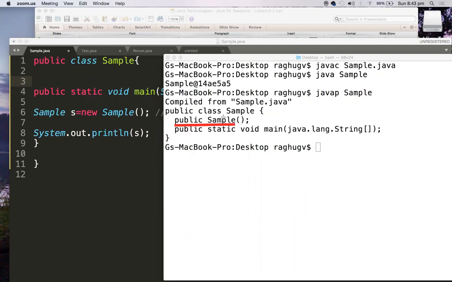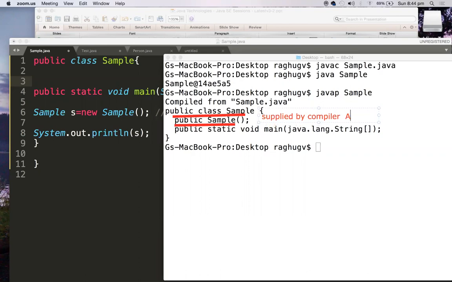And Sample is the same as the class name. Does the Sample constructor have any return type? No. So you don't find any void, int, double, etc., right? Just public Sample. A constructor is written without a return type, but it can have some modifiers applicable. All visibility modifiers can be applicable, and some other modifiers also. So this is by default supplied by the compiler. This is what you need to understand. The compiler always supplies the default constructor.